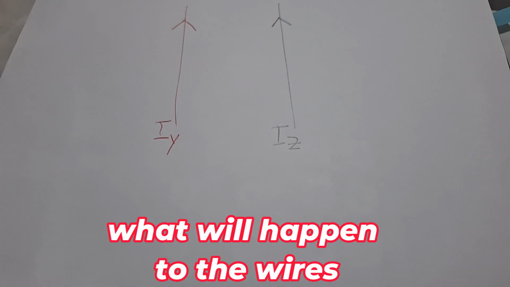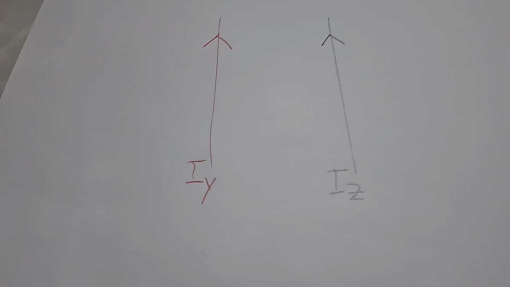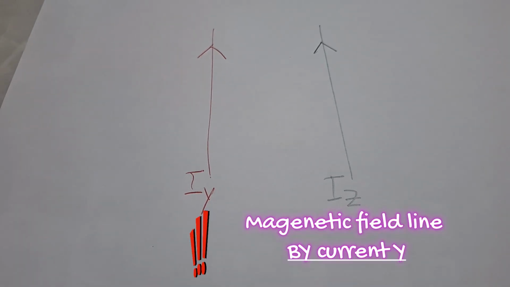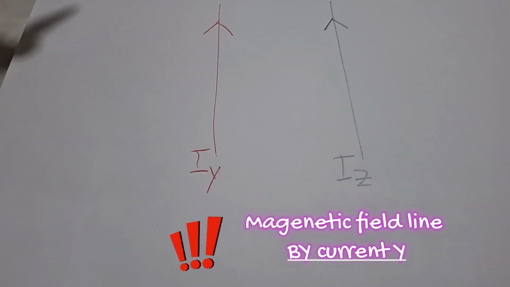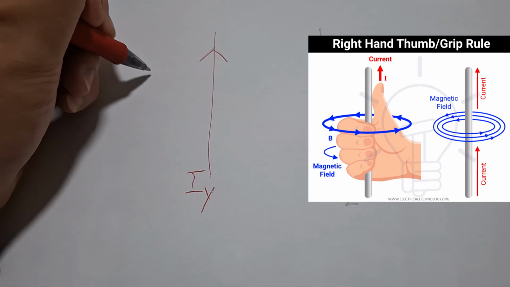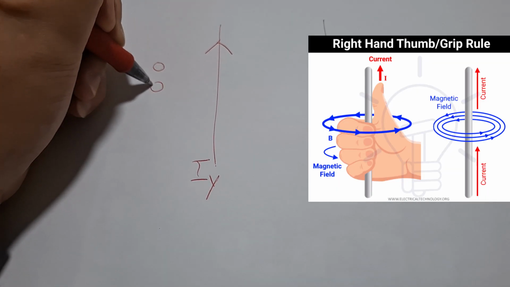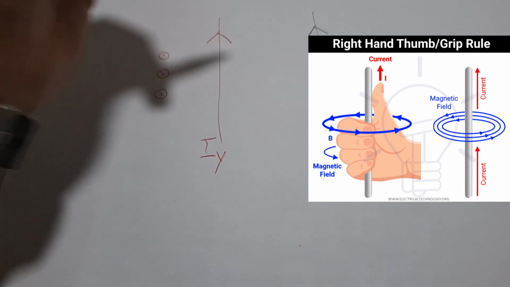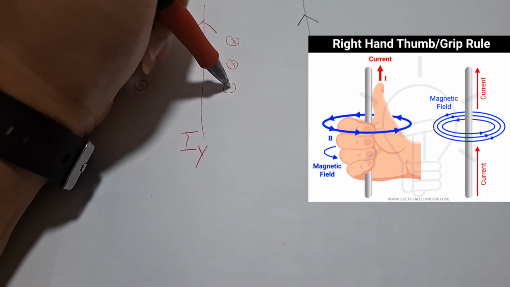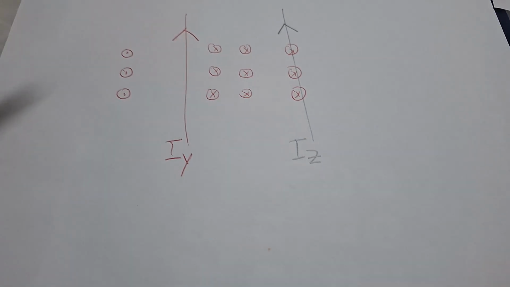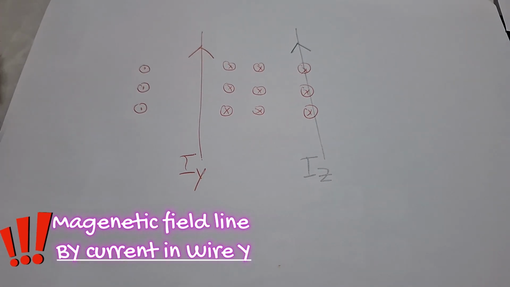Let's take a look. Let's look at current Y first. You look at the magnetic field lines generated by current Y only. You use Maxwell's rule, where the thumb represents the current direction. The field line would be coming out from here on the left side. On the right side of this cable, the field line will be going in. What we are looking at is the red one, the magnetic field line generated by